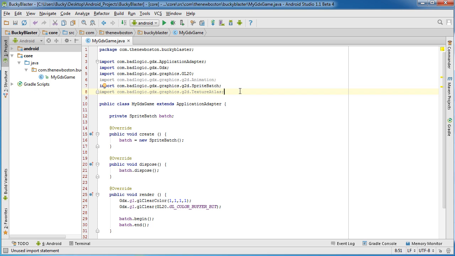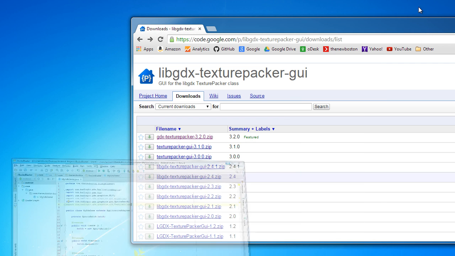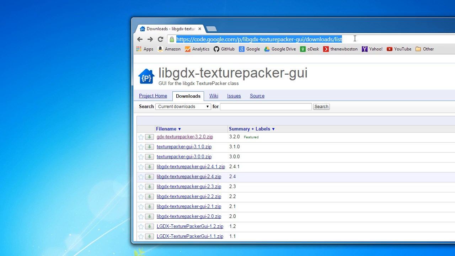Cool, sounds pretty awesome. So how do you create this image atlas thing? I know we're probably going to go to Photoshop and start dragging all this together, and then we need to do something stupid. It's going to be annoying. Well, check this out. There's actually a tool online, and this is what everyone uses when they're working with LibGDX atlases. So go to this URL,